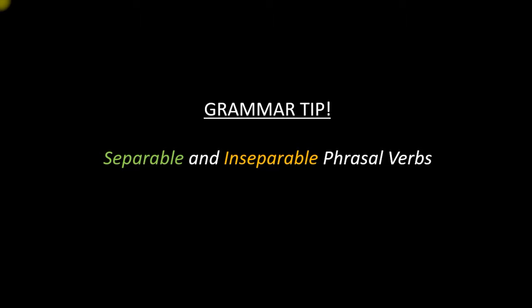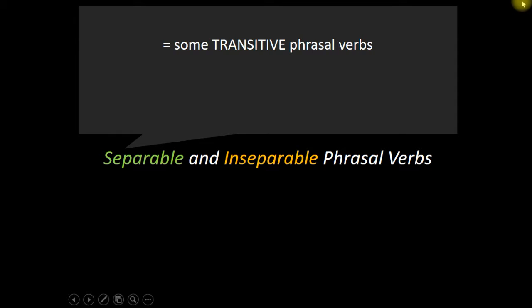That brings me to the next point about phrasal verbs. And this has to do with grammar. We have 2 types of phrasal verbs. Actually, there are many types of phrasal verbs, but we can just look at these 2 types. That is a way to classify them. First, we have separable phrasal verbs. As you can probably see, separable means able to separate. So some transitive phrasal verbs we can separate.